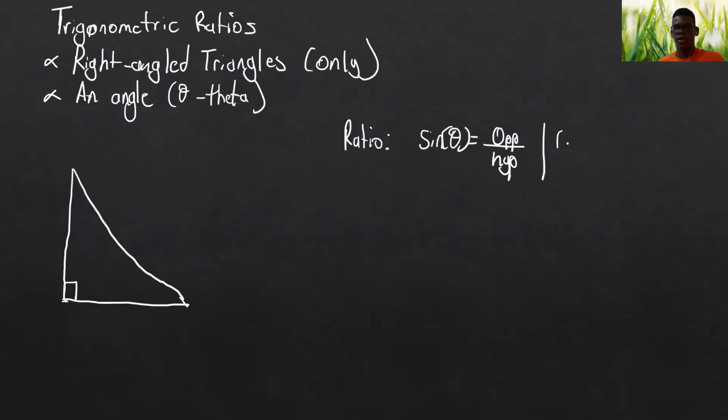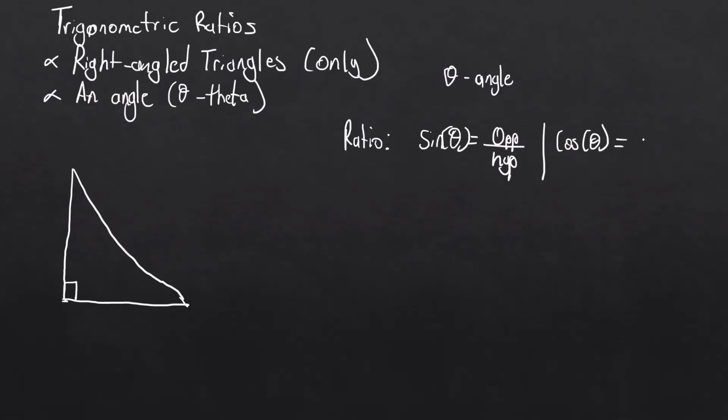And cos theta, again, theta being the angle, right? I should put that somewhere. Theta is the angle. And what angle theta is, I'll get to that in a second. Right, so cos theta is equal to what, Rihanna? Rihanna was cos theta. It should be able to recall these right from adjacent over hypotenuse. Adjacent over hypotenuse, right? Cos theta is adjacent over hypotenuse, and then you have, last but not least,